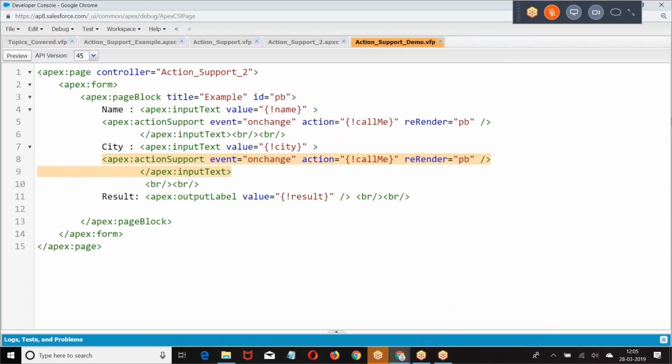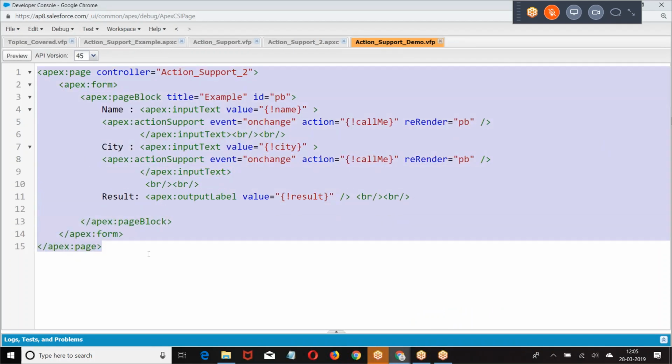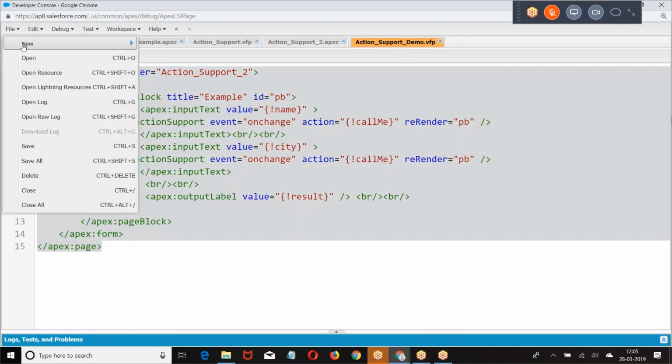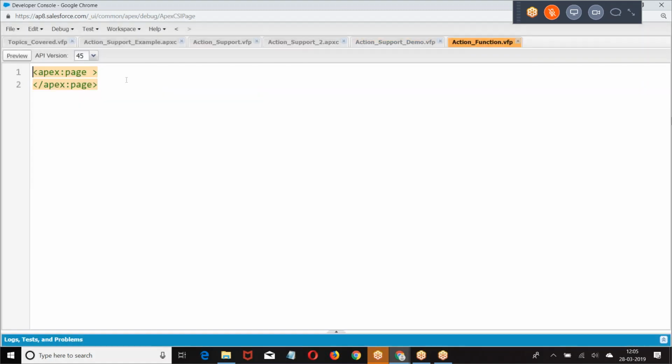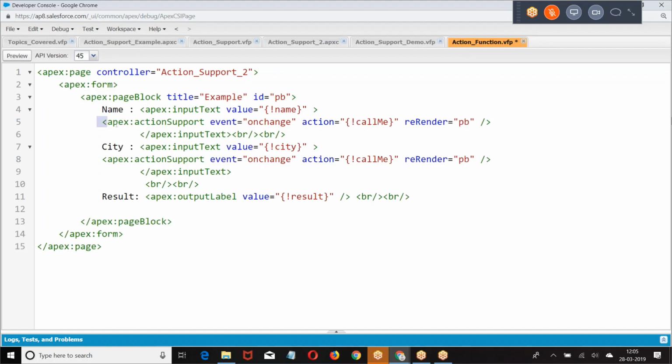Action. Same code I am taking, same class, but a slight change. Now, same code I am taking, but what I am doing? I am removing this.